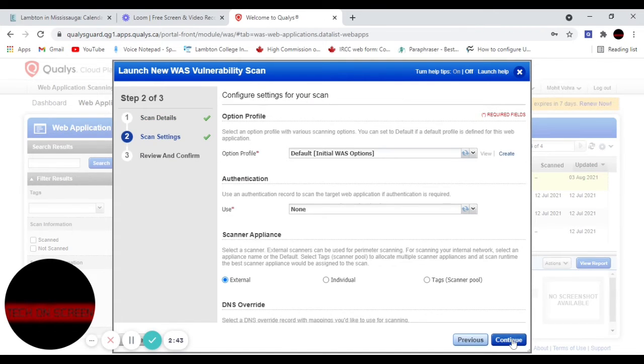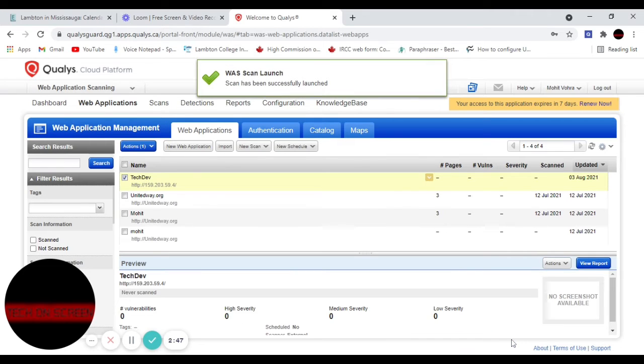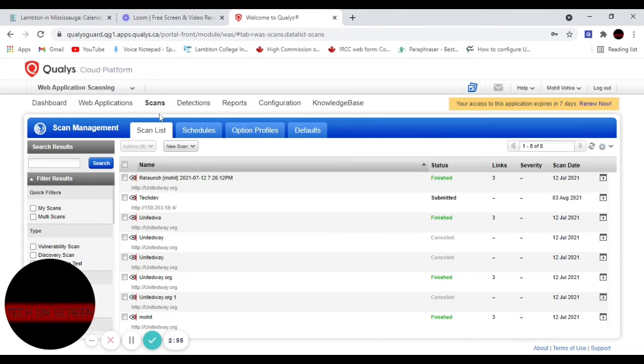Continue, continue, finish. So the scan has been launched. If we want to verify that it's running, we need to go to the scans, and it says submitted. So I'm going to pause the video here so that I don't take much of your time.